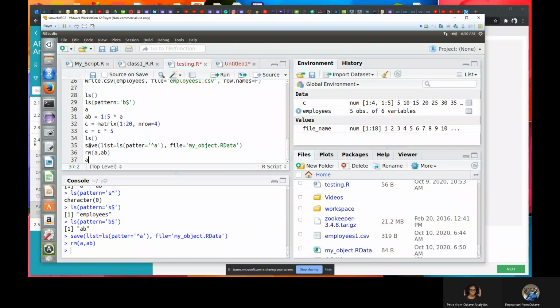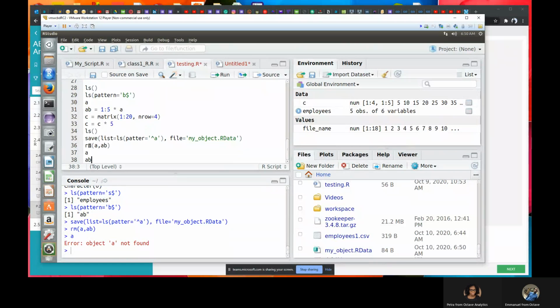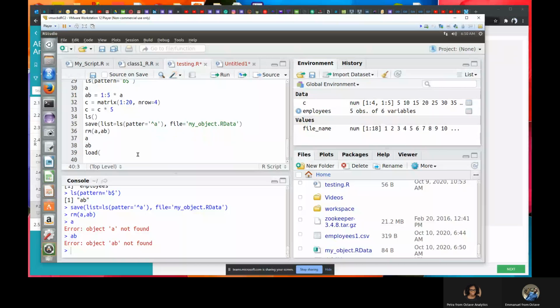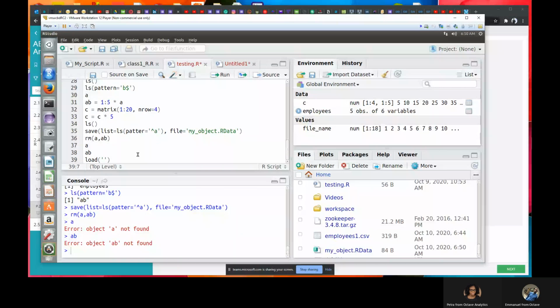If I call A now, I won't find the object. If I call AB, I won't find the object. And I want to work with this object. Since I already saved it, I should be able to say load, my object dot RData. So they have been loaded.